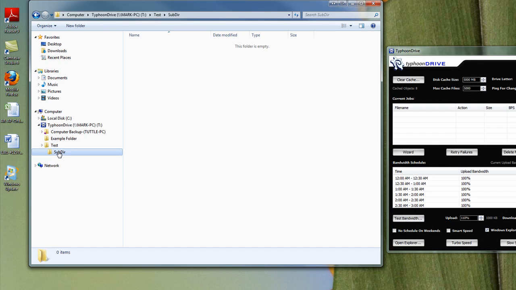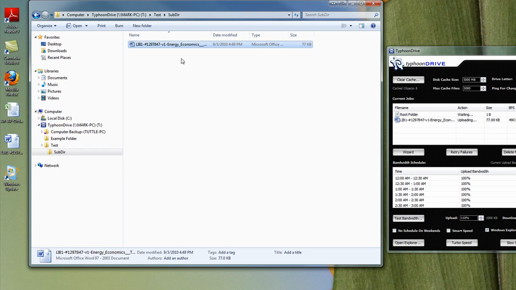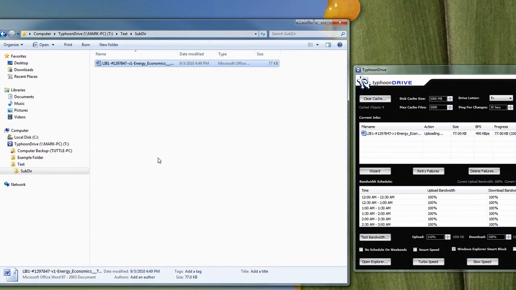It just acts like a regular drive, and we can save files to these folders. These aren't backup folders. The only backups on the TyphoonDrive are designated by the purple dot. So I could drag this document to this subfolder right here, and it'll save it to my TyphoonDrive just like a normal